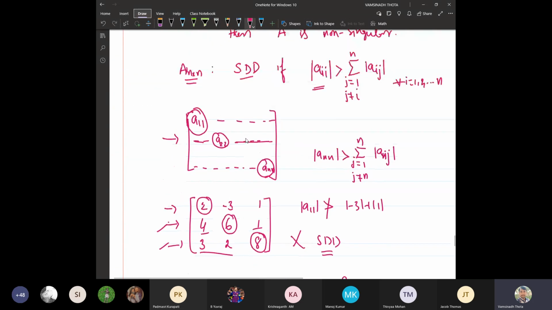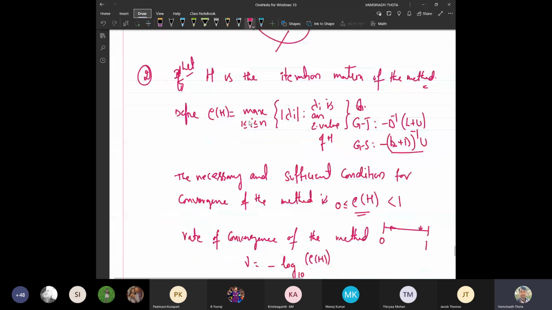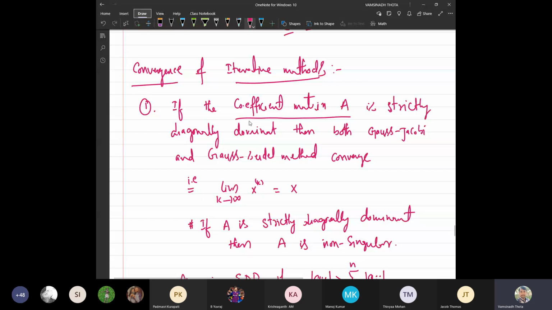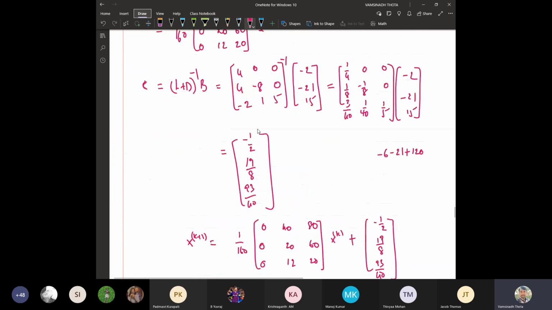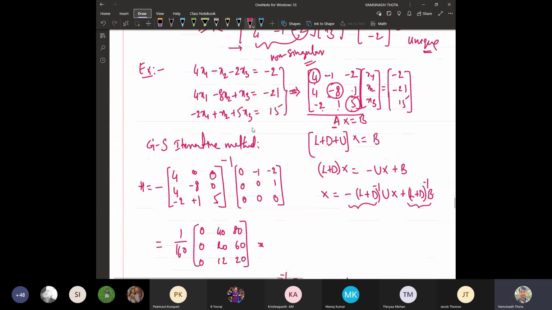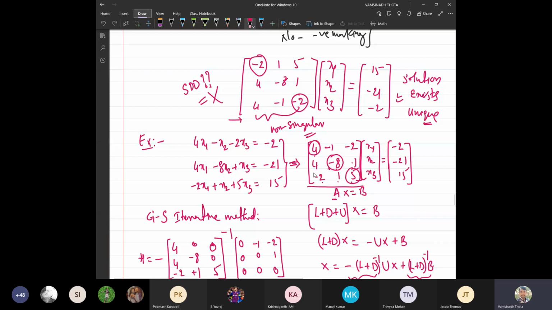Now, how are these two conditions going to help us? When you are going to solve a problem based on the Gauss-Jacobi or Gauss-Seidel methods, the first thing you need to check is whether the coefficient matrix is strictly diagonally dominant or not. If it is not, then you need to rearrange the equations, if there is a possibility. I'm not saying that it is always possible. If there is a possibility, then what can we try?